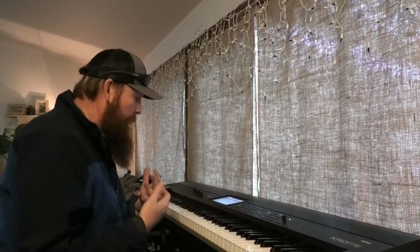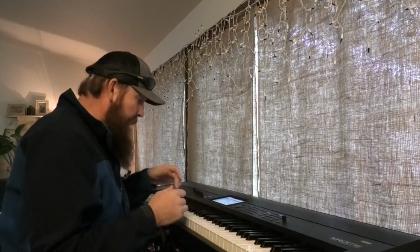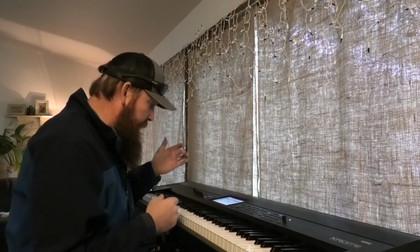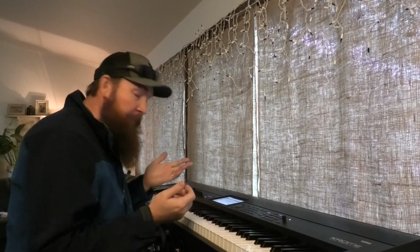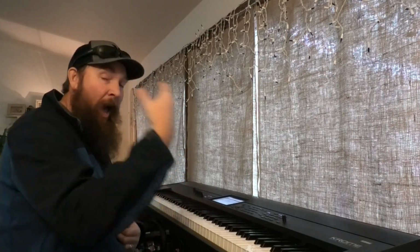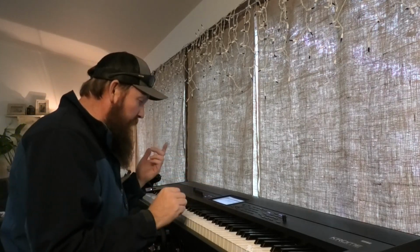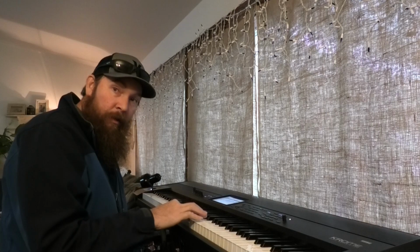Right? But I would like to add a little more depth to it, so I'm going to use arpeggiation. Now this one I am going to go down. This one is called Strings Melody. Arpeggiation is basically taking a pattern and recycling it over and over. For example, this one with Strings Melody is, so